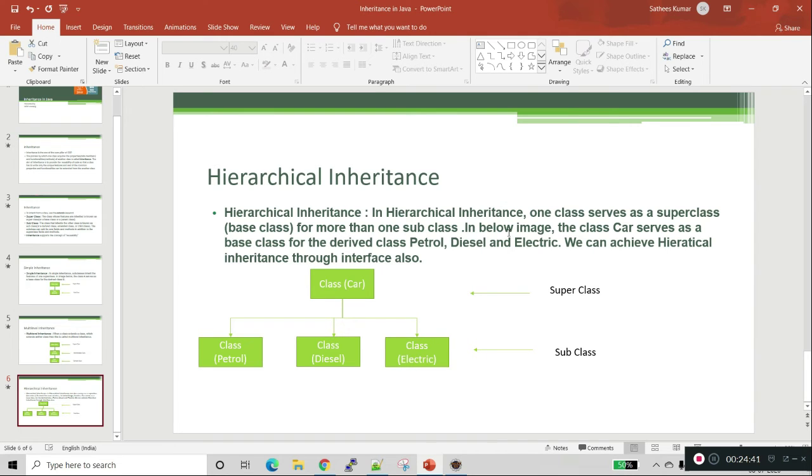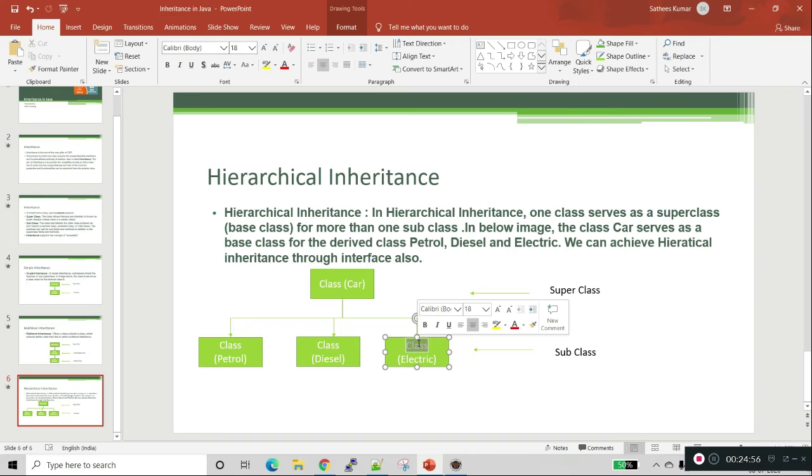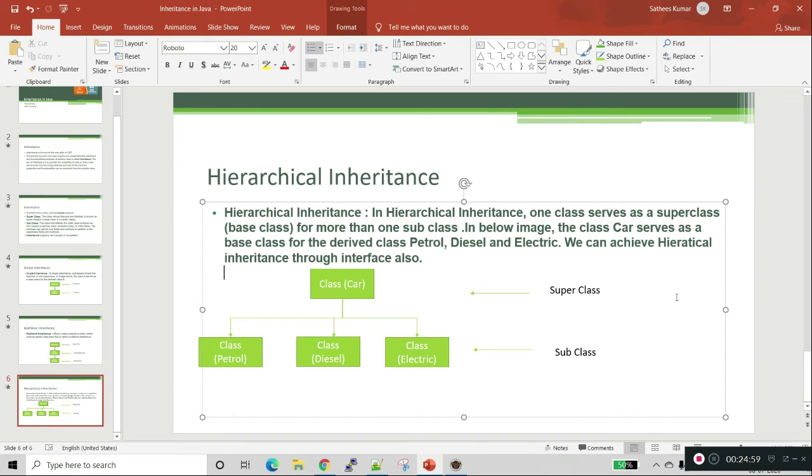In the image below we have the super class car, and the subclasses variant petrol, variant diesel, and variant electric car. In this way we can achieve hierarchical inheritance. There is another way of achieving it, through an interface also. Now we will go through the demo.